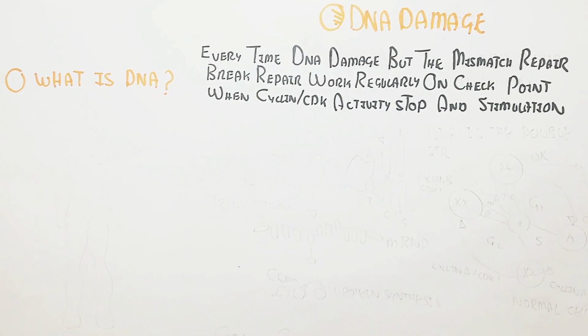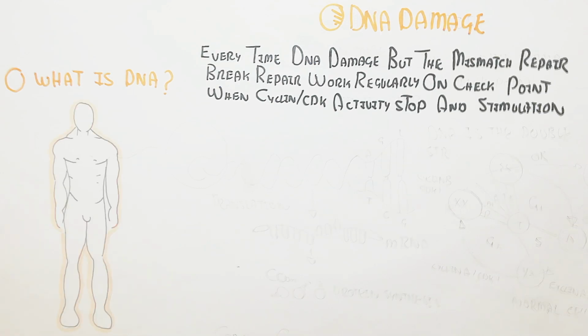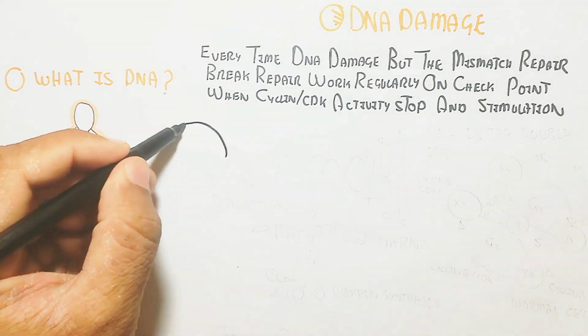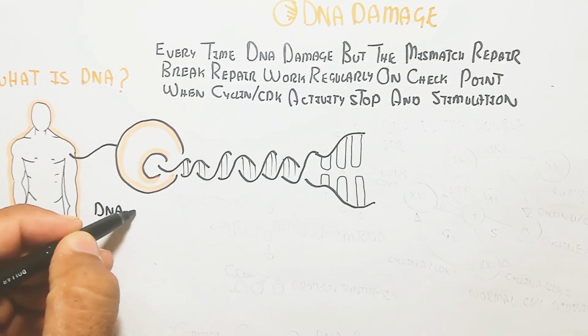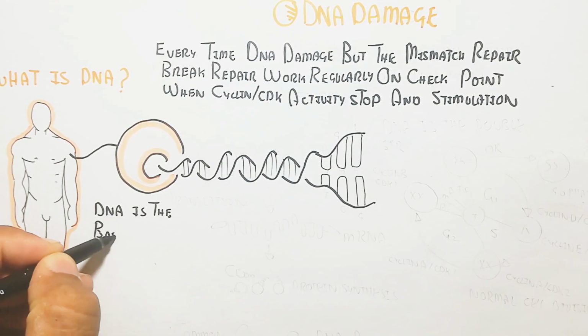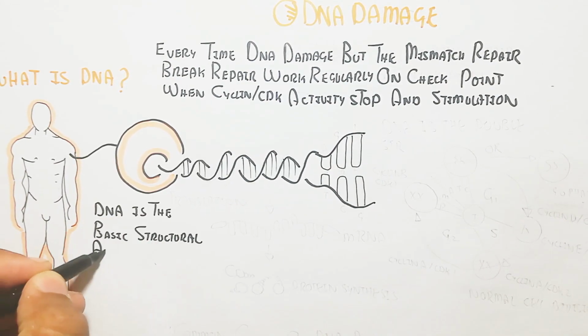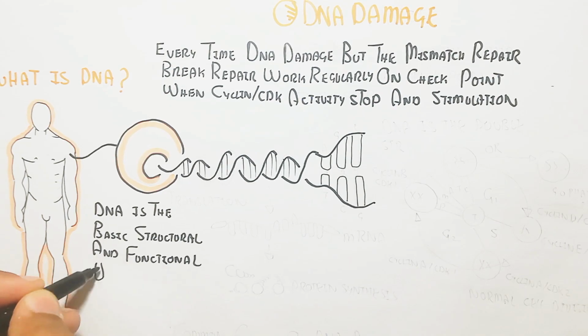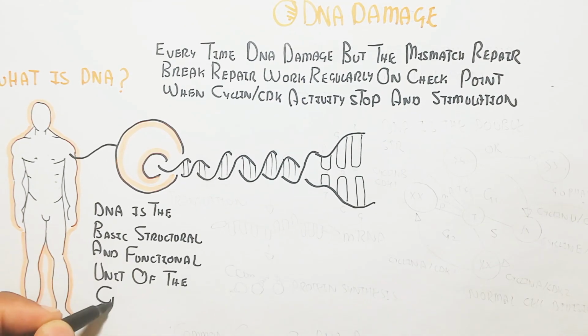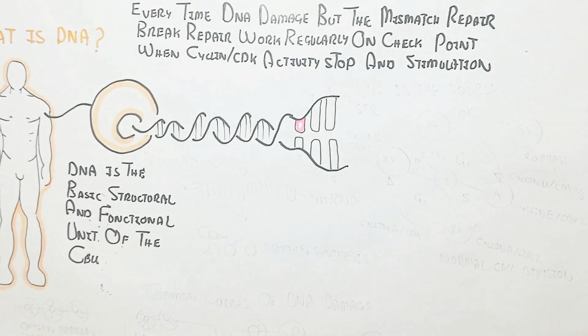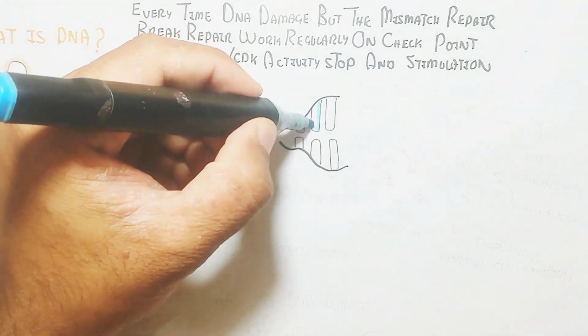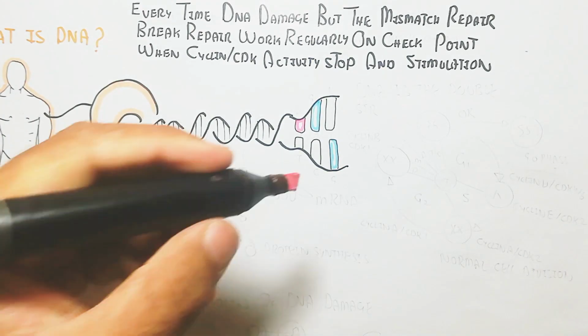What is DNA? DNA is a long molecule, a macromolecule, known as deoxyribonucleic acid. Here you can see that DNA is the basic structural and functional unit of the cell. DNA is important for the production of protein. DNA will be transcribed into mRNA, and this mRNA will lead to